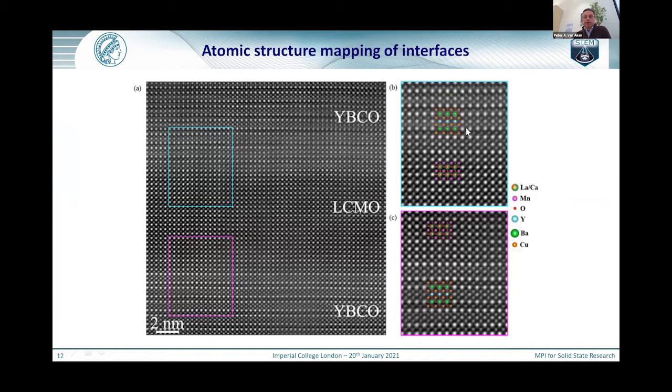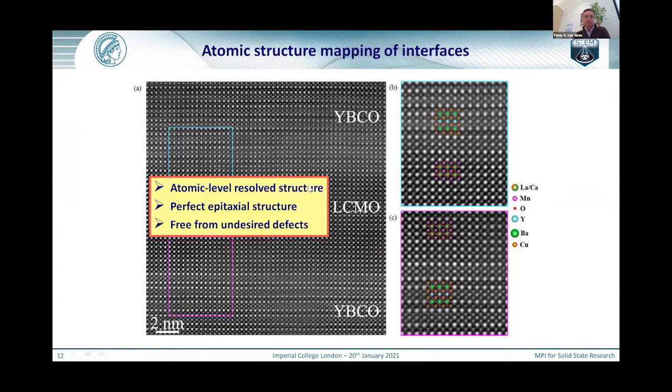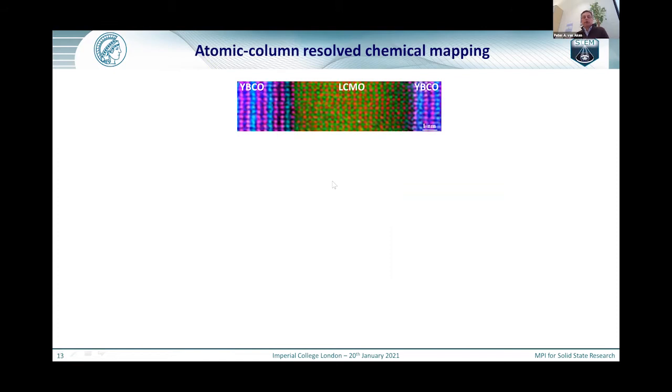And if you look here at the interface, it looks really perfect. And we had an atomic level resolved structure, perfect epitaxial structure, and it was free from any undesired crystal defects. And then we measured by chemical mapping using STEM EELS the structure again, and we obtained this image, and everything looked really perfect. We could identify yttrium-bearing copper oxide on the left and on the right side, and here the lanthanum calcium manganate